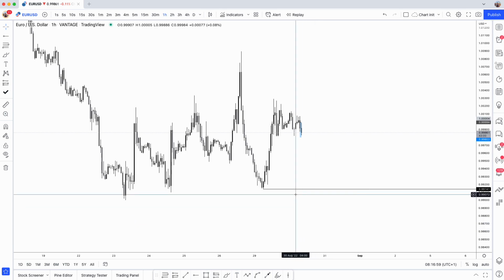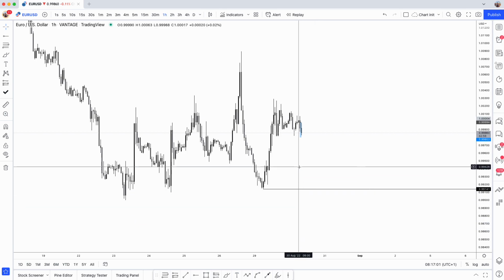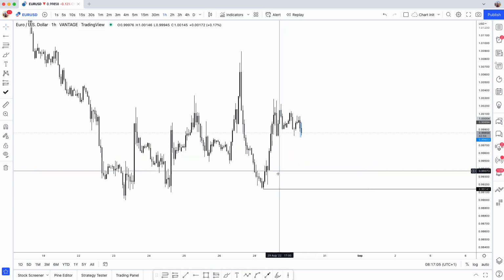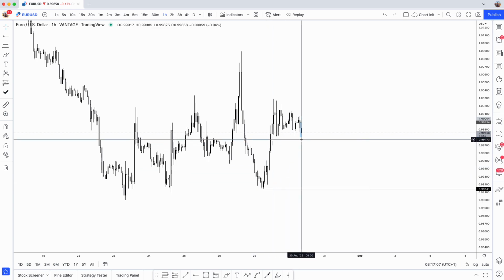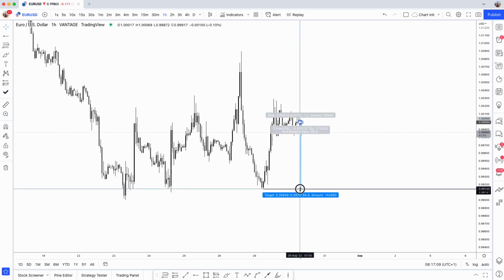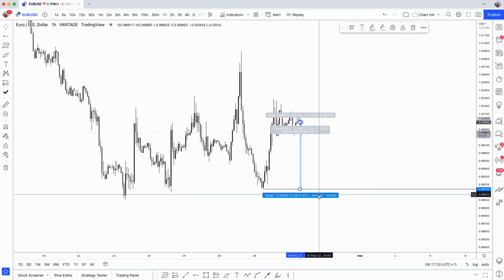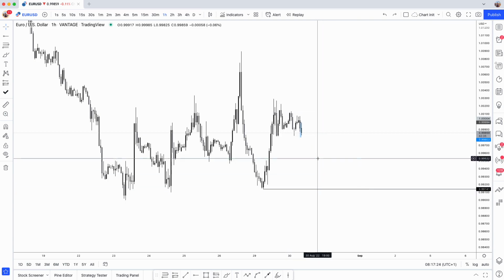And what I'm going to do is, I haven't even done this yet because I haven't looked, so I'm looking at this live with you. I'm going to set my target here, and that should give me what, 80. Let's just cover the low. I like a round number, so let's go for 85 on this one, wherever that is. So that'll be about 85 pips, so half of that, wherever that is, will be my target.